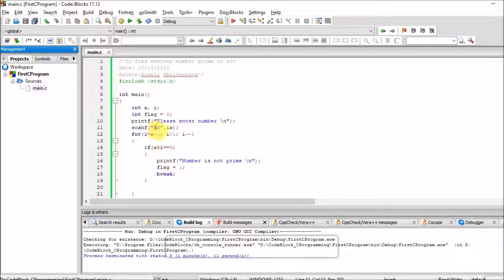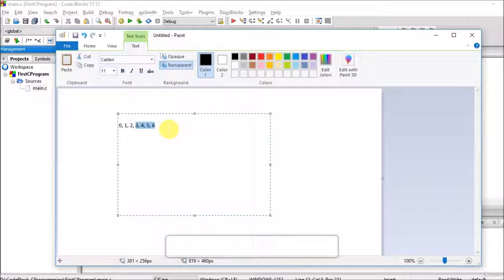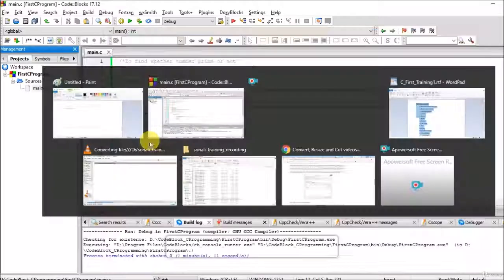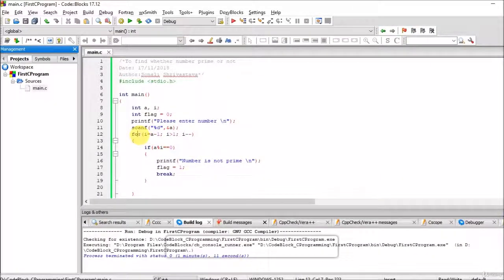I'm using a for loop because, as I told you guys, to repeat again, whenever we want to find whether the number is prime: if the number is 6, I will check all the numbers which are lesser than 6, till the checkpoint that it should be greater than 1. It should start with a number which is lesser than the input number, and it will go on decrementing till the number is greater than 1, because I'll check whether 6 mod 5 is equal to 0, 6 mod 4 equal to 0, and the same code is used. For that case, I'm using this for loop. You can repeat the same code for different inputs, and you can check whether the remainder is 0,